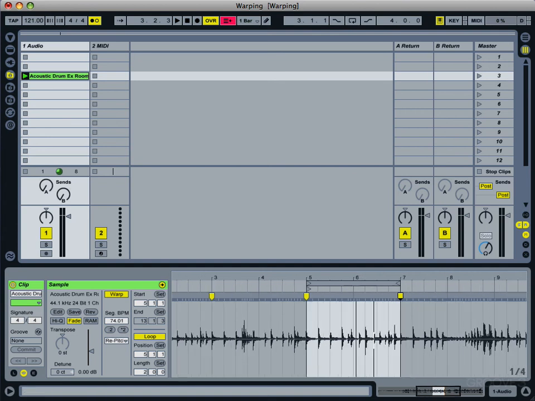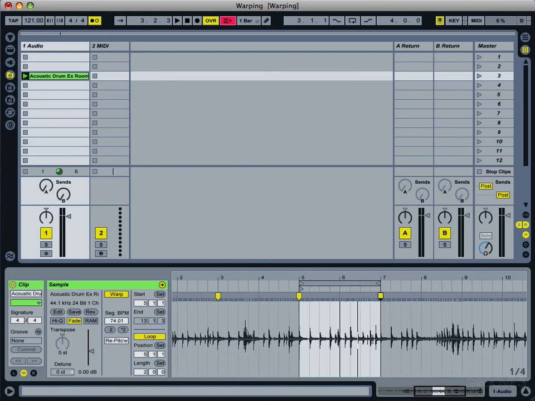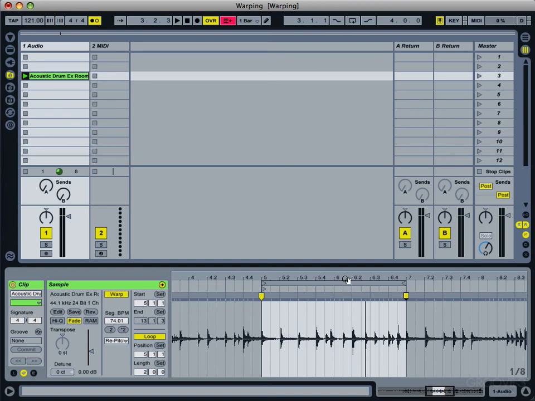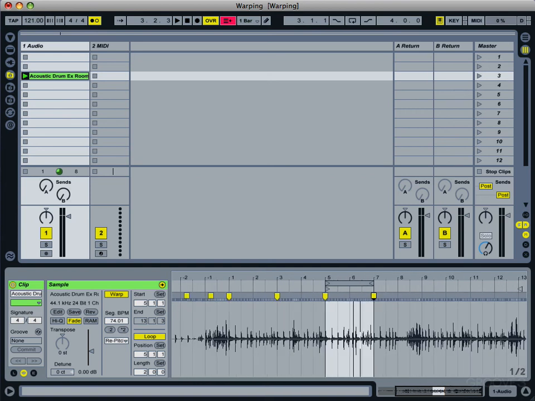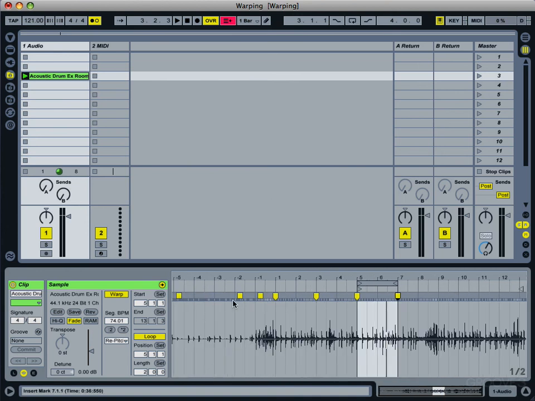But what I would do is still go through and do it in loops of maybe 2 bars, or if you can get away with it, 4 bars or even 8 or 16. Basically whatever sections of bars that you can get away with without being completely falling over yourself trying to warp it. The reason I keep it to shorter lengths is because it's easier to keep track of a 2-bar loop than a 16-bar loop. So I would probably try and use a shorter loop and go through and just warp the loops first,